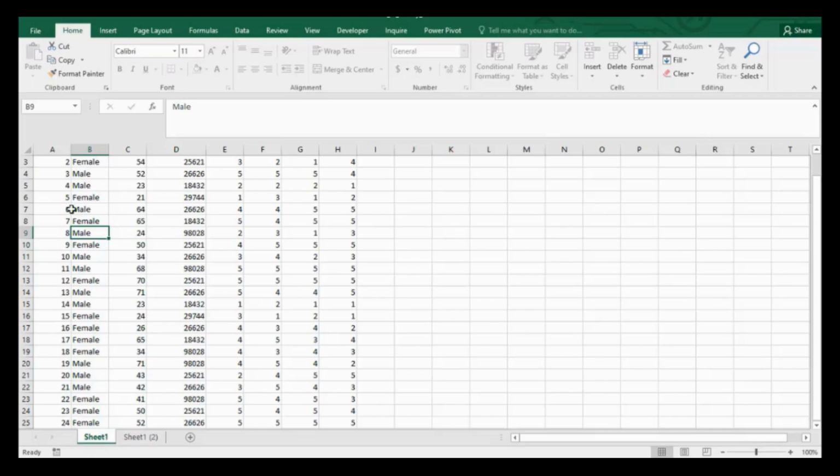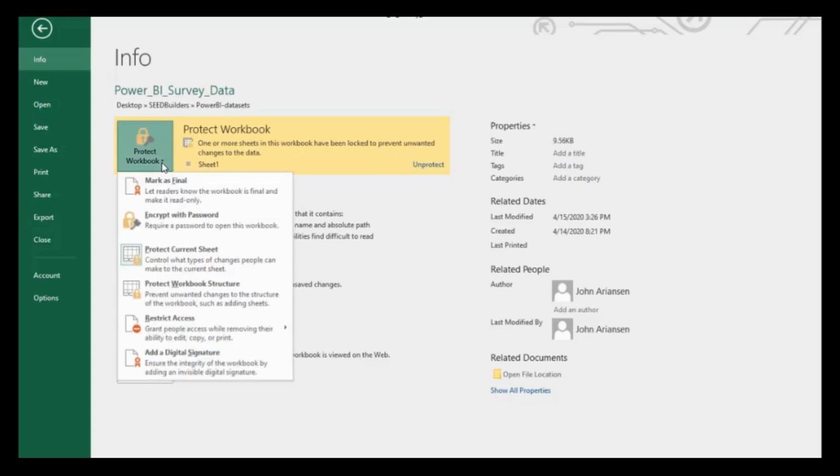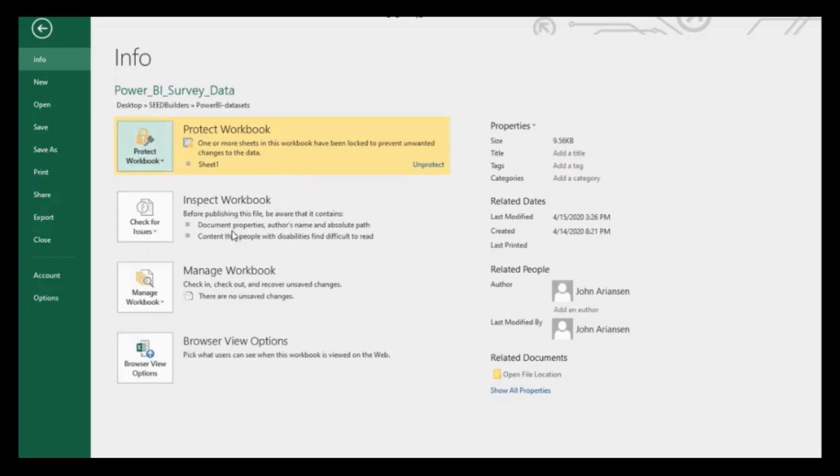Another way to go about it is to encrypt the workbook. So to do that, see what we have here. You can encrypt this workbook to protect this workbook. So here it says one or more sheets in this workbook have been locked to prevent unwanted changes in data. So if I say I want to encrypt this, to require a password to open this workbook, if I come here,